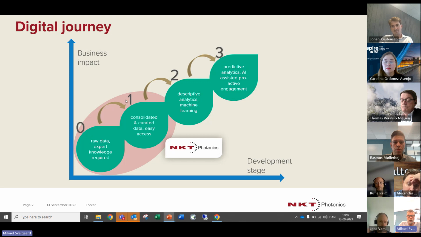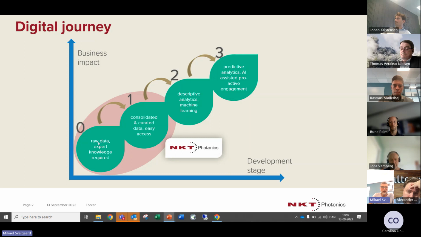When Johan and I work with Alteryx, we are moving parts of the organization from 0 to 1. And we do this all the time. We don't really go further than that because we've chosen to work with the organization as a whole and not just take one little subset of the organization and develop it very, very far. That way we'd get disruption, and we don't want that. So this is basically the level that we are on, and the engine that we're using to move us along this development journey is Alteryx.